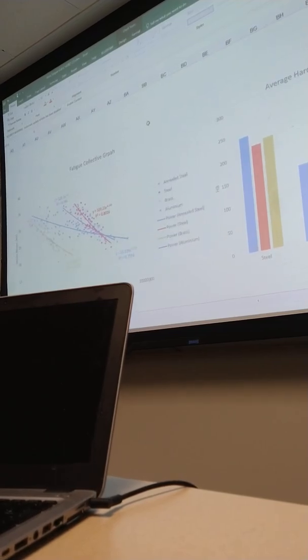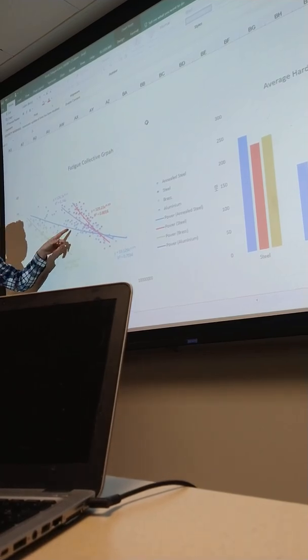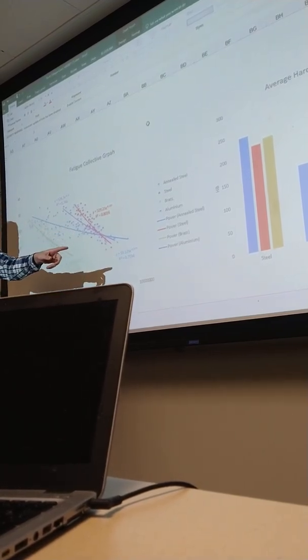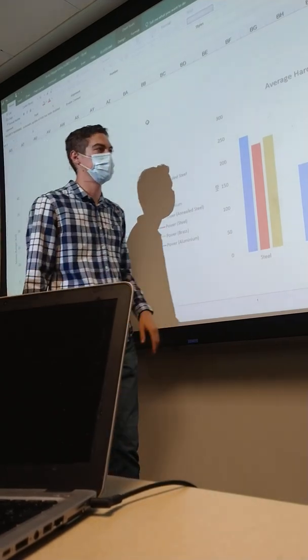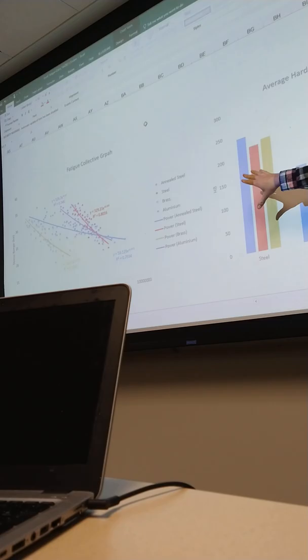So we have our fatigue and our hardness. Now we need to figure out if we can use these 2 graphs to predict fatigue from hardness, okay? So let's actually see if we can do that right now. So let's look at steel. Steel is really, really hard, right? It's the hardest